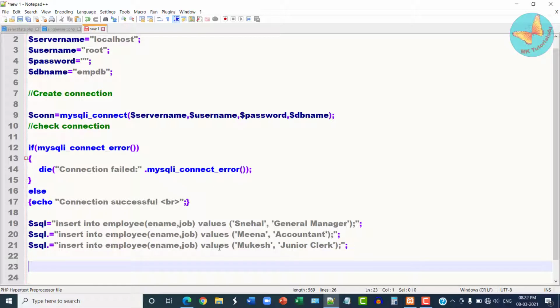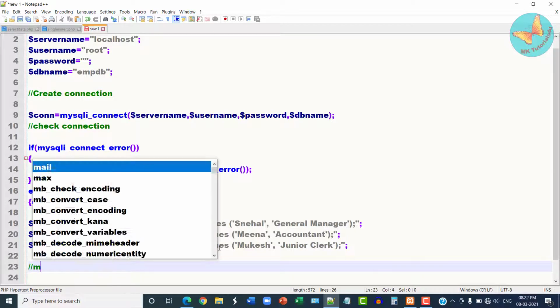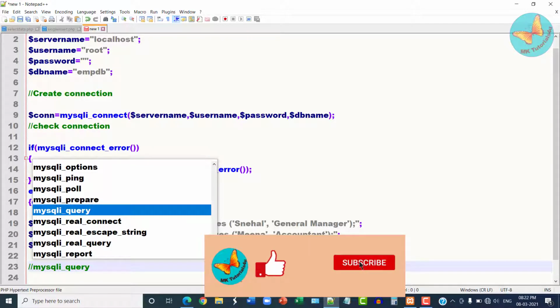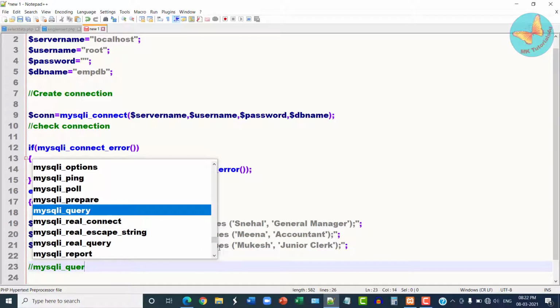The new thing that we are going to do is that usually we use the MySQLi query function. Now since these are multiple queries, and in this example I have taken three insert statements, I'm going to use a function called multi-query.